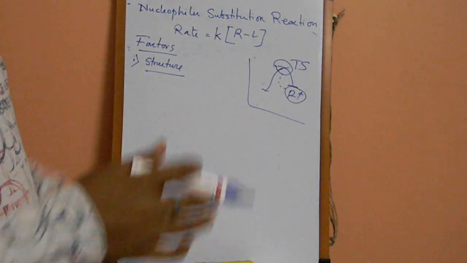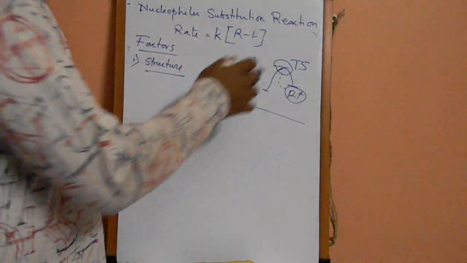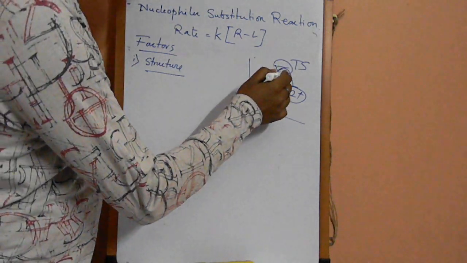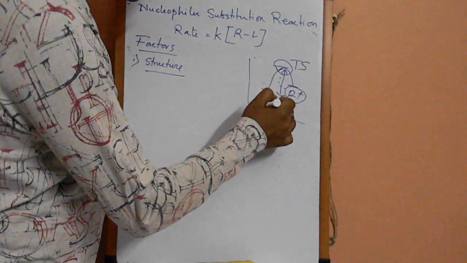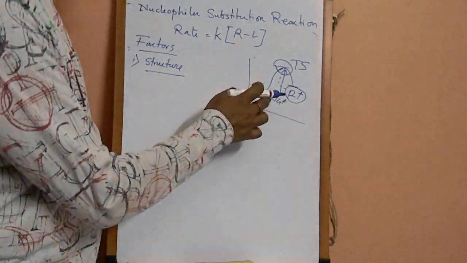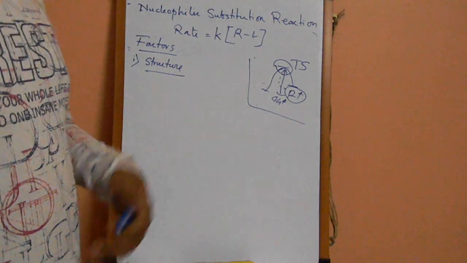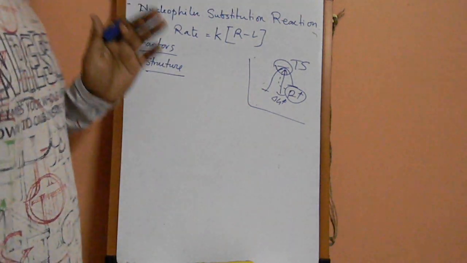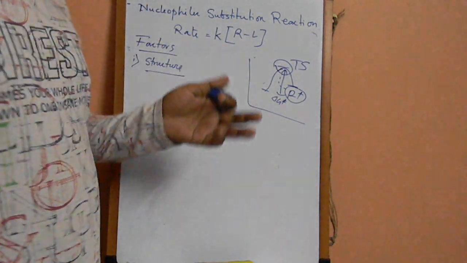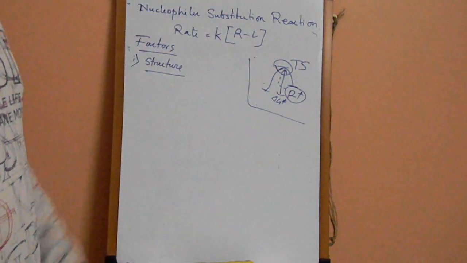So you can imagine any factor which can stabilize a carbocation can stabilize this transition state, and the more stable the transition state is, the less will be the delta G prime value, that is the activation energy of the rate determining step, and the less the value of delta G prime, the more is the speed of the SN1 reaction or the rate of the reaction. So any parameter that is going to favor or stabilize a carbocationic or carbocation-like transition state is going to favor SN1 reaction.